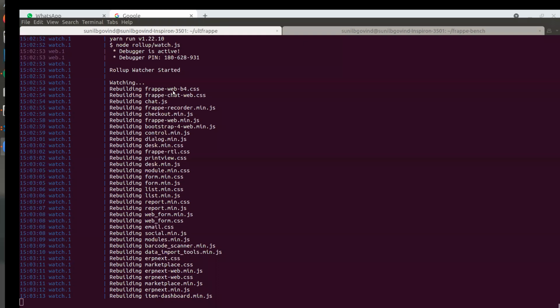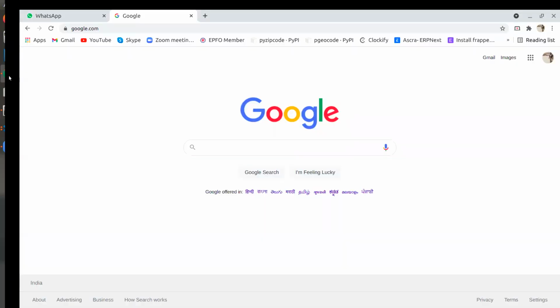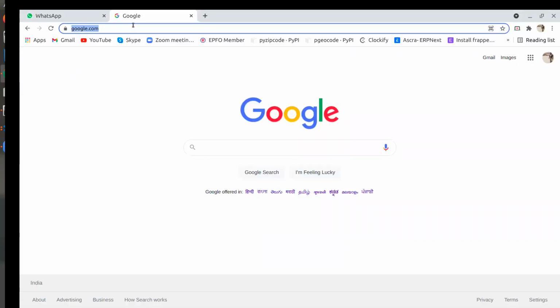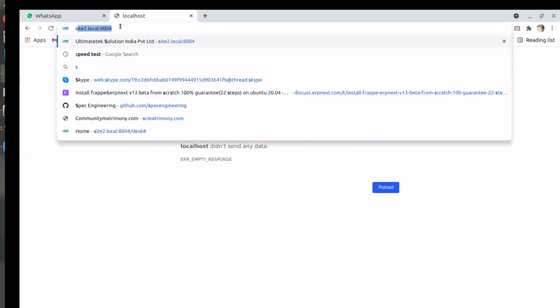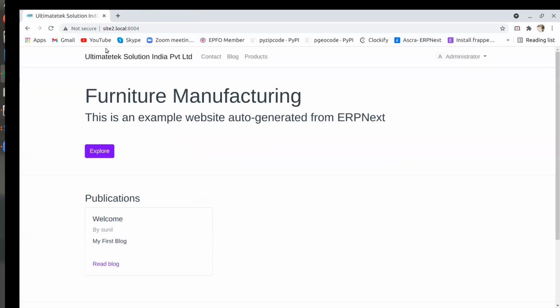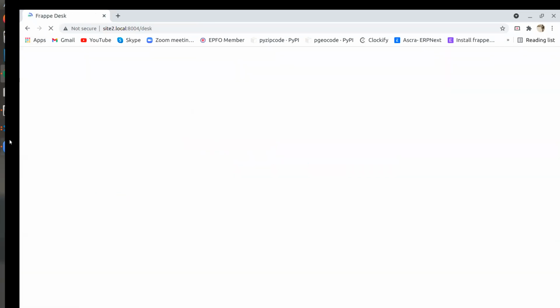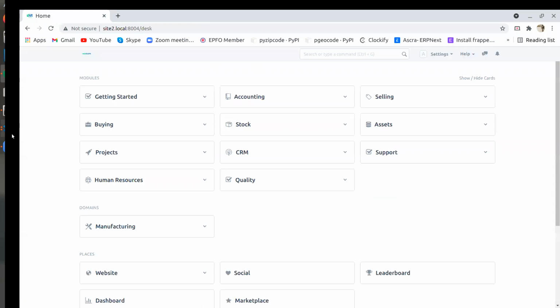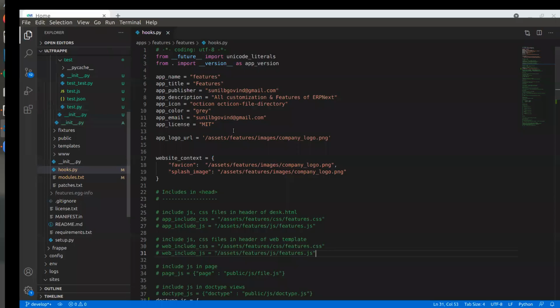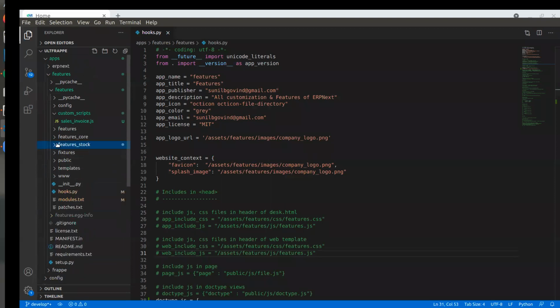Let me share my screen. In the program, I have created one folder called custom_script.